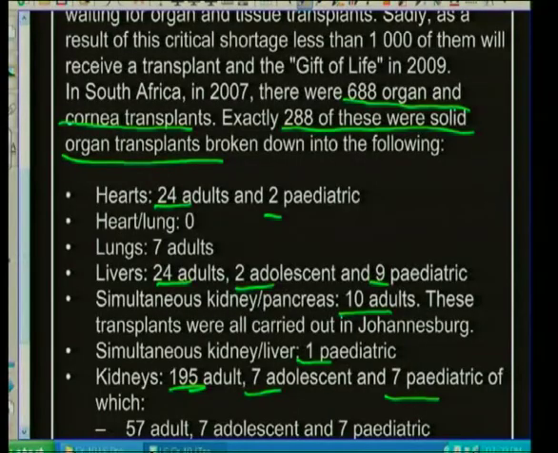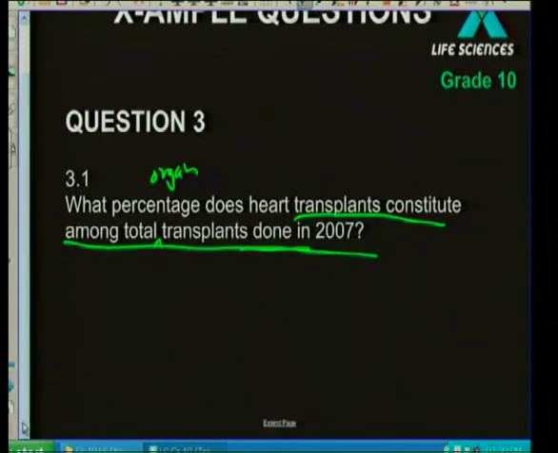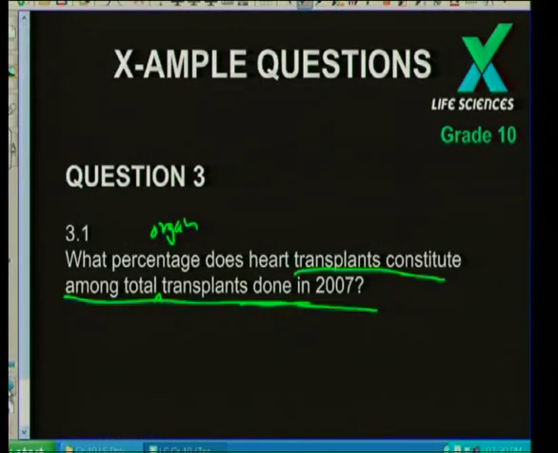First of all, obviously, you've got to go back and see how many heart transplants were done. And there were 24 plus 2 is 26 heart transplants were done. And the question is saying, in the total transplant done in 2007. Now, let's say, for example, we were only talking about the total organ transplant. So if we add up all the organ transplants just on their own, we will add all those figures, we'll come to a figure of